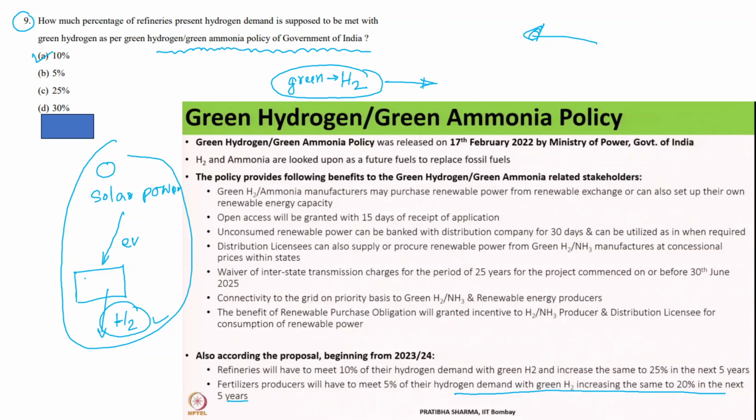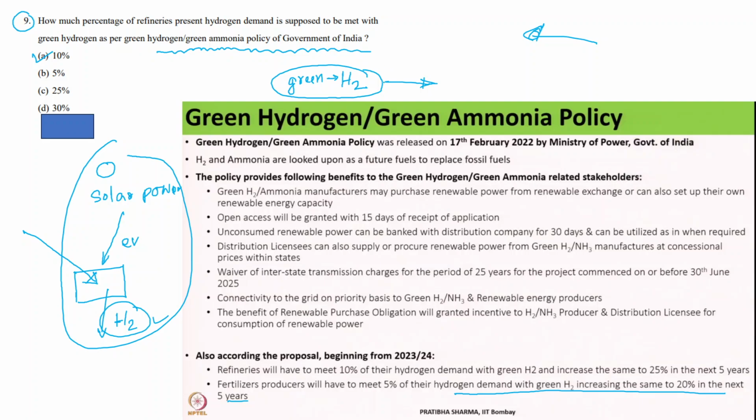But suppose you use thermal power plant electricity for the electrolysis of hydrogen, it is not called green hydrogen. But some literature says that producing below 2 kg of carbon dioxide still counts. Actually, the National Green Hydrogen Mission